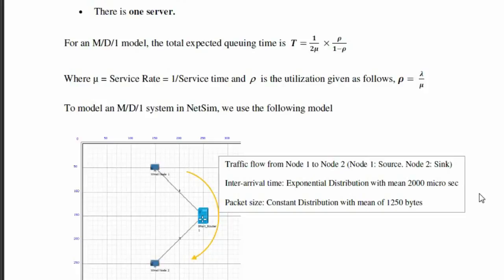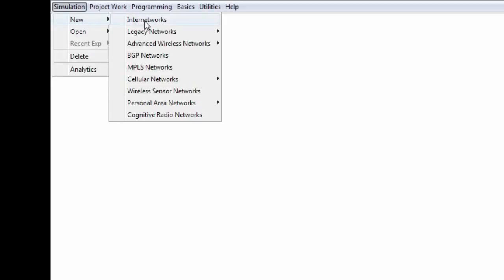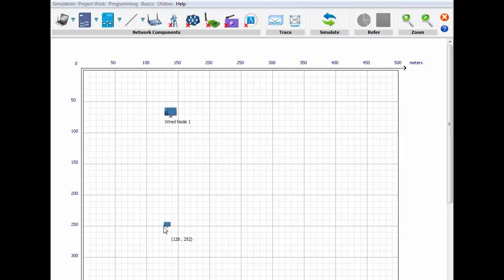A simple internetwork with one source, one router and one destination will be used as our network scenario. We navigate to create a project by clicking on Simulation, New, Internetworks. A grid-based environment is displayed on the screen. We place two wired nodes and connect them via a router using wired links as shown. To ensure the equivalence to an MD1 system explained above, the arrival of packets should be Poisson and the node's